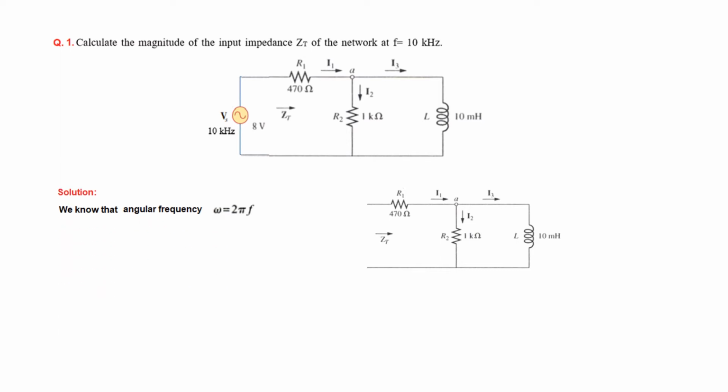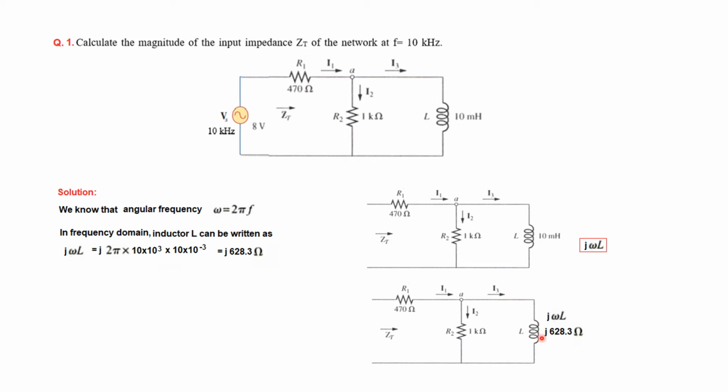And we know that omega is 2 pi F. So as I mentioned, the inductor will now be dealt with as j omega L. So we'll find the value of j omega L. So j omega L is j 2 pi F. F is 10 kilohertz, the frequency, and the value of the inductor in this case is 10 millihenry. So solving this, we can find j omega L to be j 628.3. So we'll just use this value.